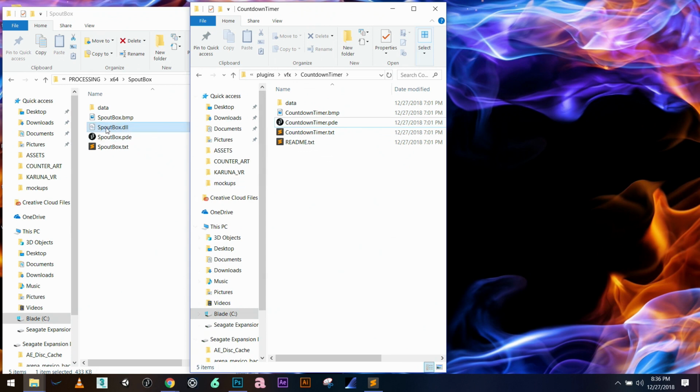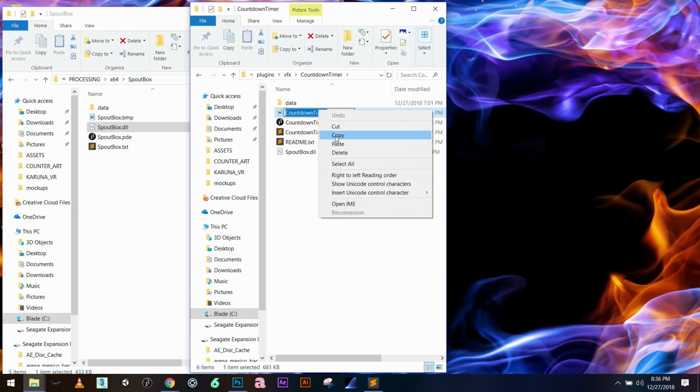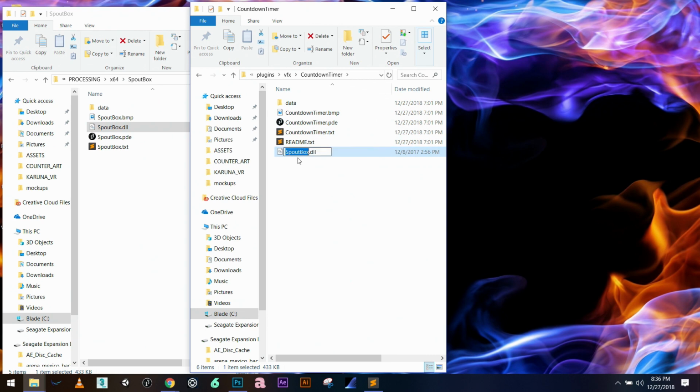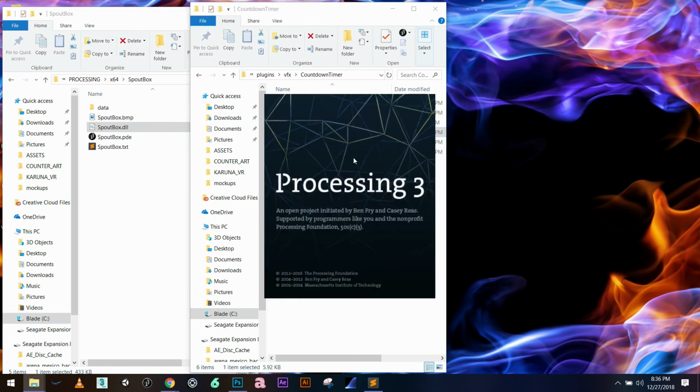Delete Spout Box, copy, copy. It needs to be named the same thing or else it's not going to work, and it needs this DLL. Now, open up countdowntimer.pde, and it should open in Processing,